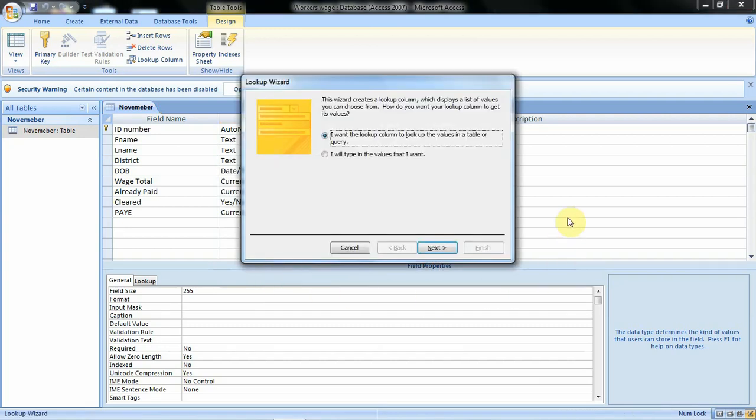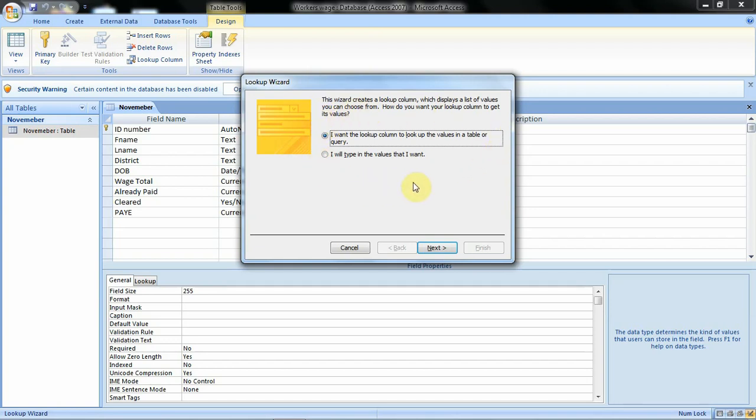When we click on it, this lookup wizard dialog box is displayed for us. When working with this lookup wizard, it enables you to look up a column which displays a list of values, just as we can see from the description. This list of values, you can use that very list to choose from. You may not type what is outside the list of values that you have looked up in a given column.